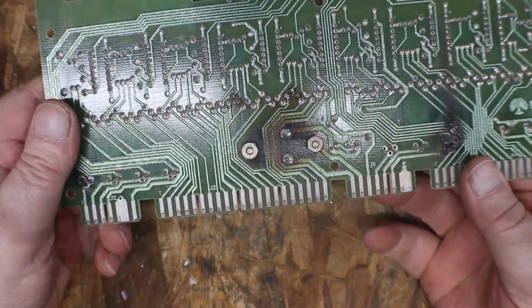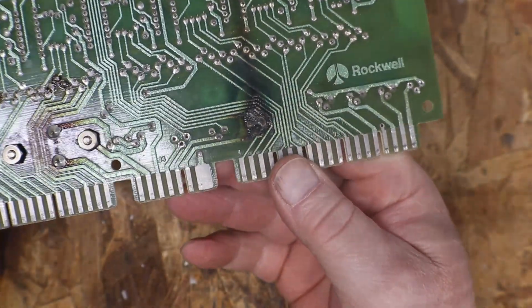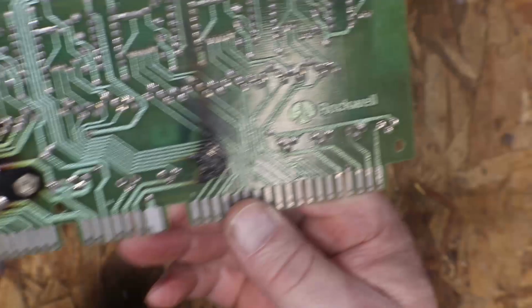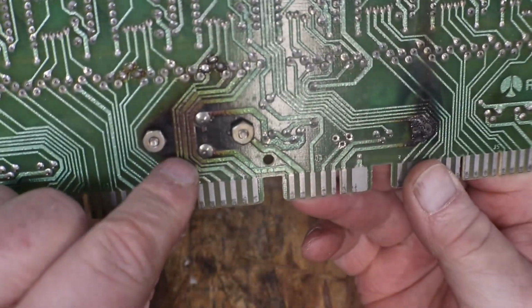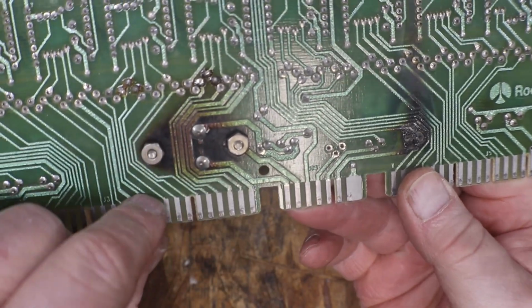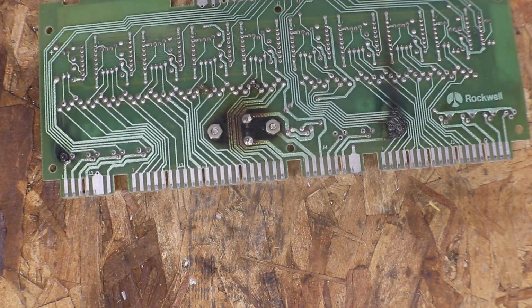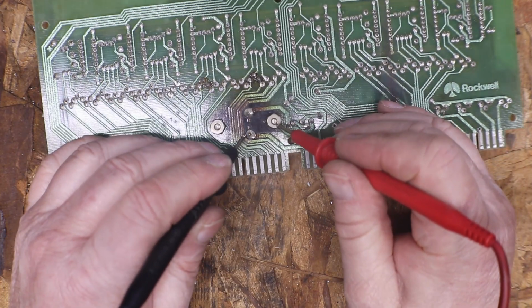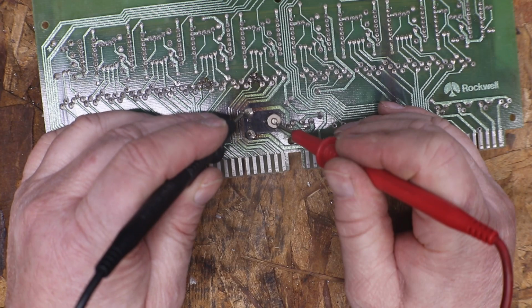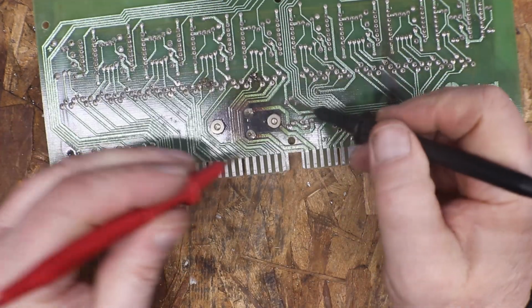Boy, that has gotten a little toasty. Yep, that one is missing. That has gotten a little toasty. Man, that sure acts like this got one hell of a power surge. I know you can't see right at the moment, but I'm going to...